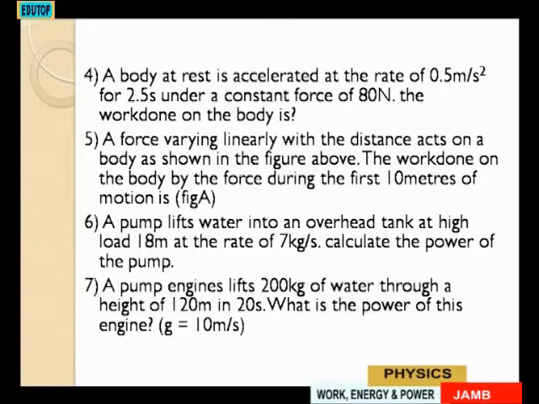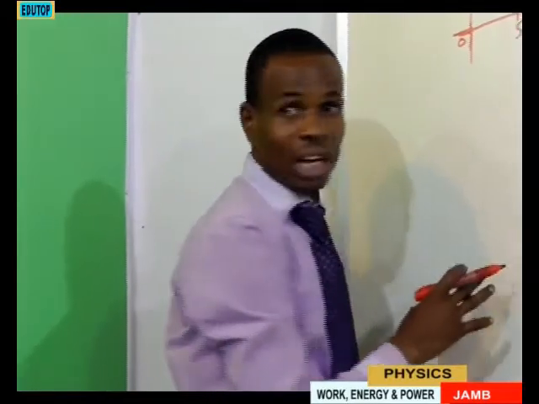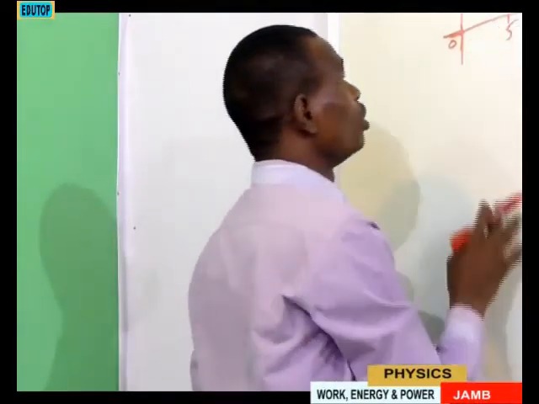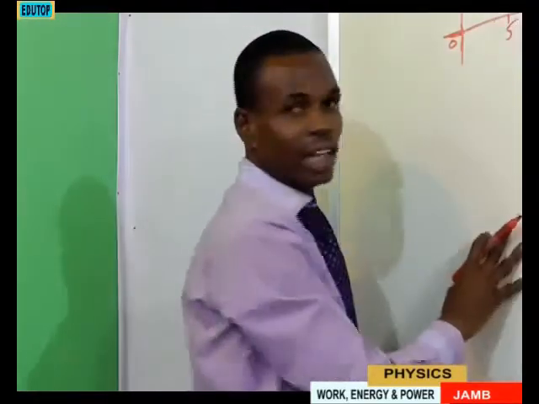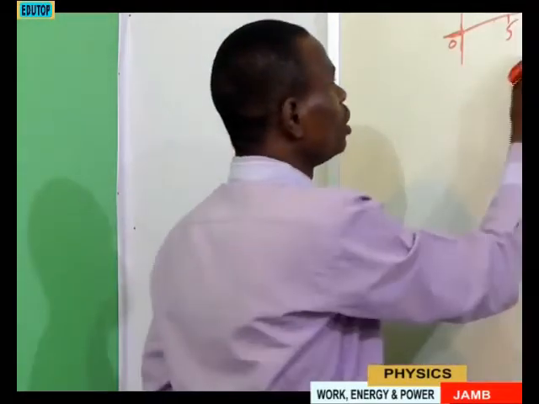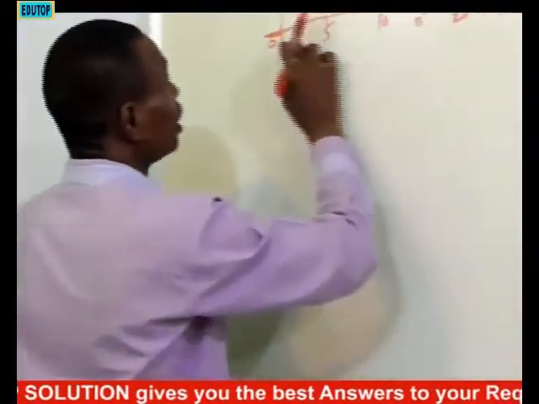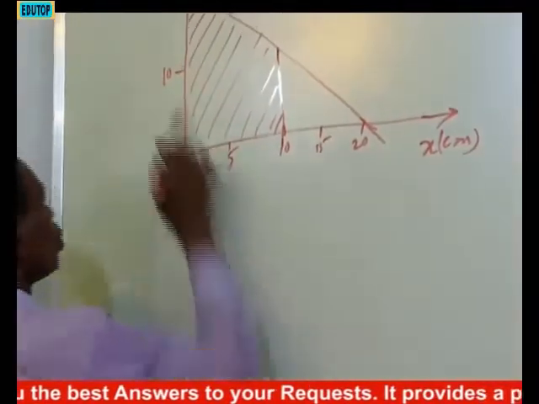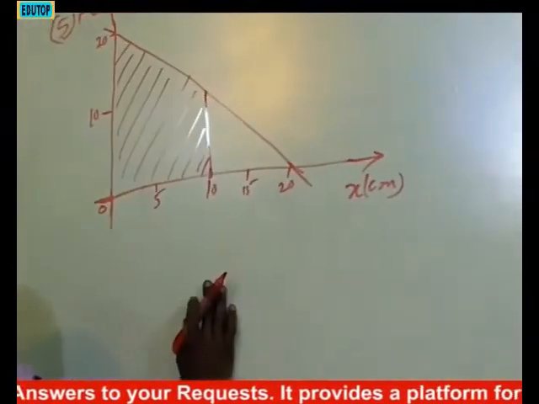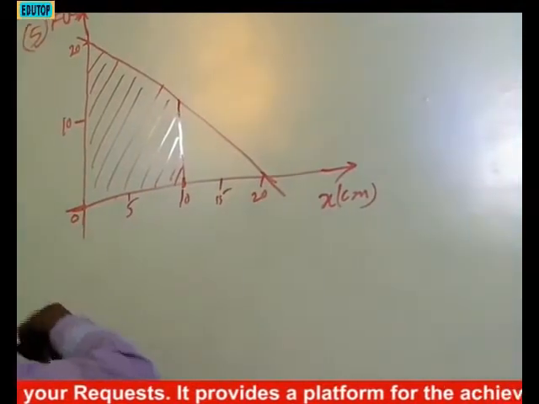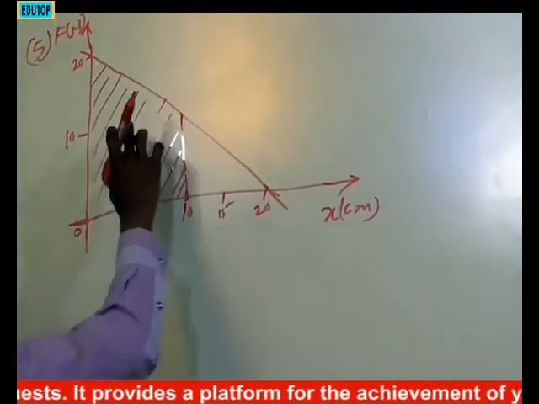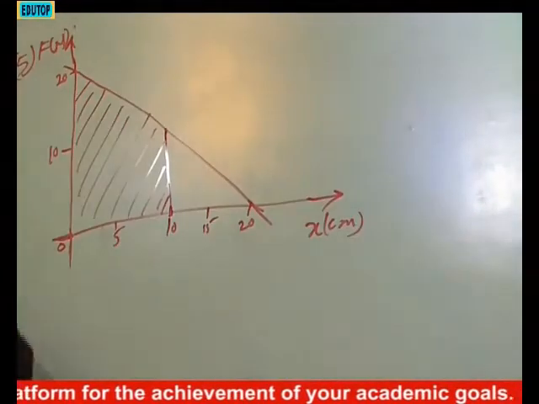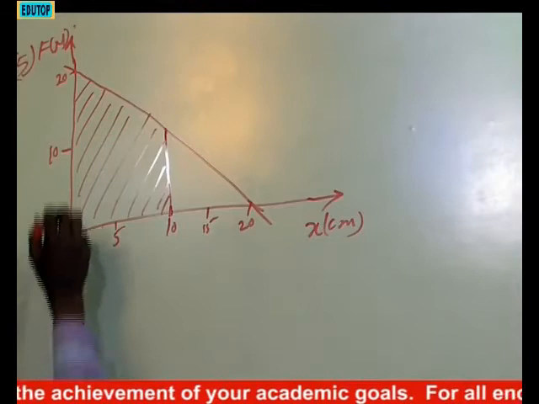let's consider this diagram. This is the diagram we are referring to. We have to calculate the work done on the body for the first 10 meters. This is the distance. This is the force. This is the distance. And once you have been given force and distance, automatically we are looking for something relating to work done. To calculate the work done on this figure, if you look at this